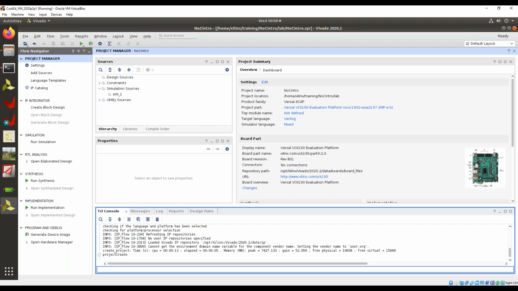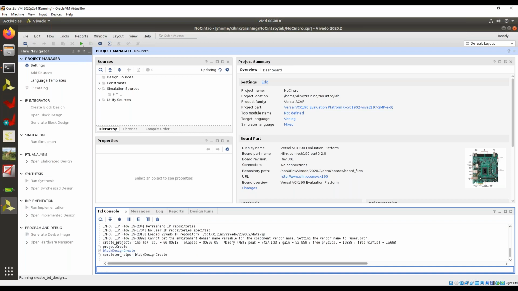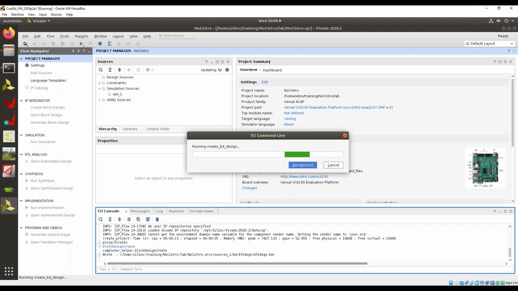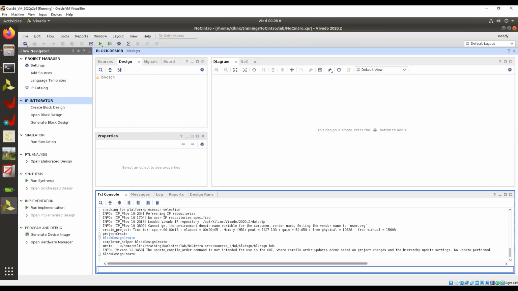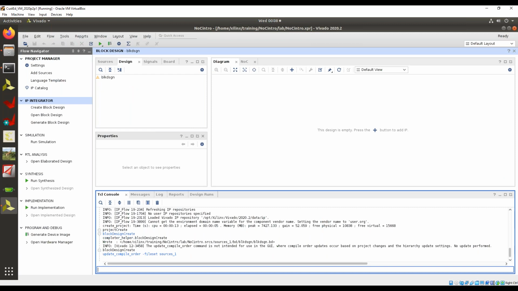And we've now opened a project specifically targeting that board. So this project has all the information as to what all the different peripherals are, what IO they're hooked up to, etc. From there, we want to be using IPI, so we're going to go in and do something called block design create. So we're going to now open up that project targeting that part using IPI or the block design at this point. So we get this nice empty little BD or block diagram that's fully available to us that, oh,